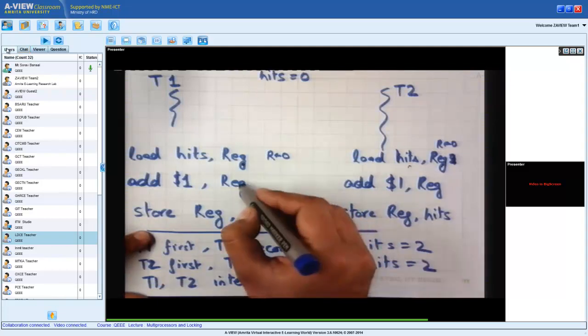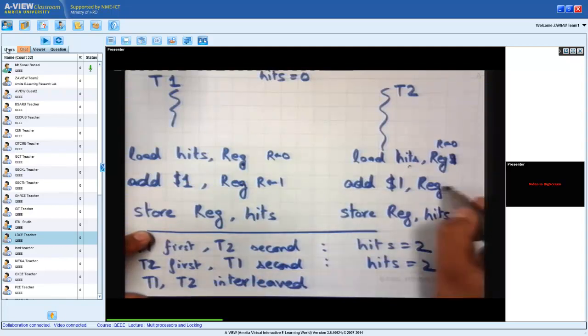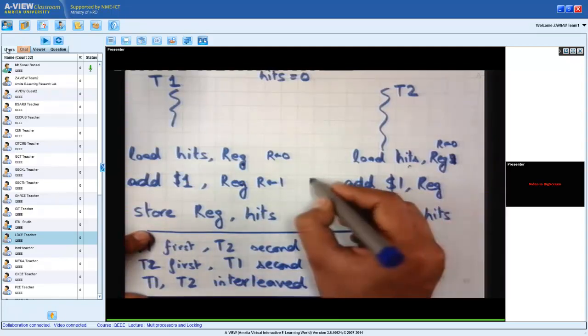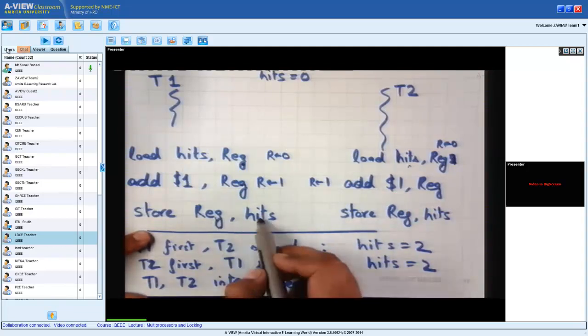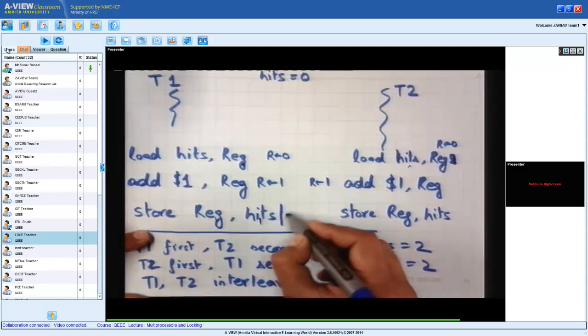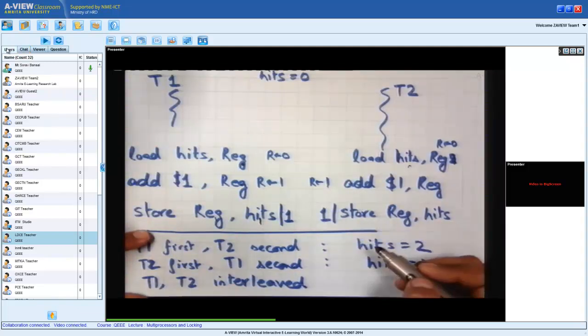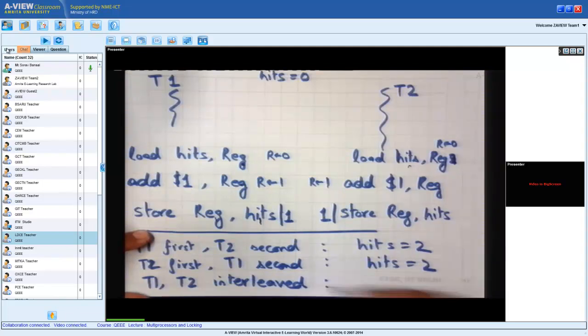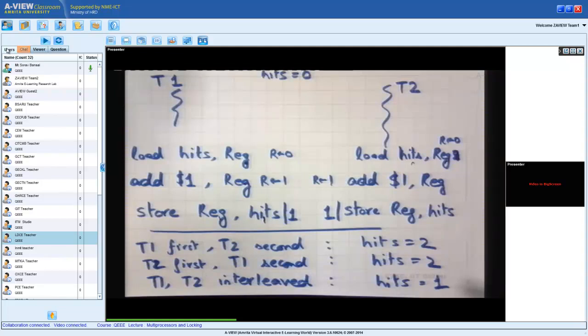Then it will add 1 to the register, so R will get 1, and this one will also add 1, so here also R will get 1. Then you're going to store the register to hits. So what are you going to store? 1. And here? Once again 1. So what's the final value of hits? 1. A big problem, right?